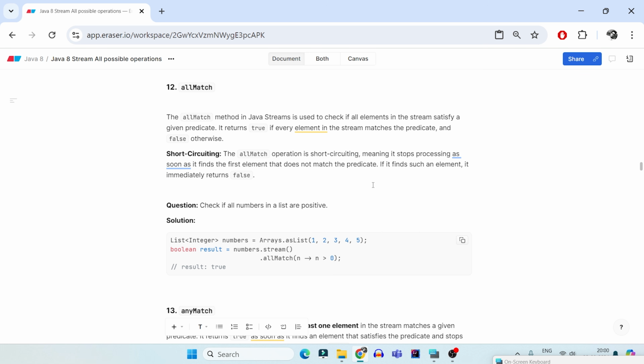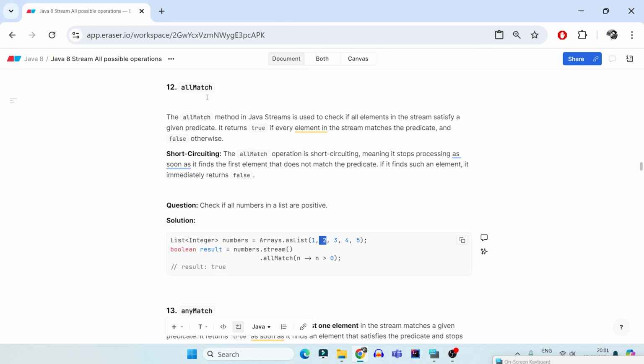That means it will stop as soon as you have one element which does not satisfy your predicate. For example, if it finds an element like -2, so it checks 1, is it greater than 0? Yes. -2, is it greater than 0? No. So 3, 4 and 5 will not be checked. It will return you false as it is and stop processing, and hence it will improve your performance very well. That is why, as a terminal operator, try to use allMatch, anyMatch and such kind of short circuiting operators. It will reduce a lot of operation time and increase your performance in a good way.